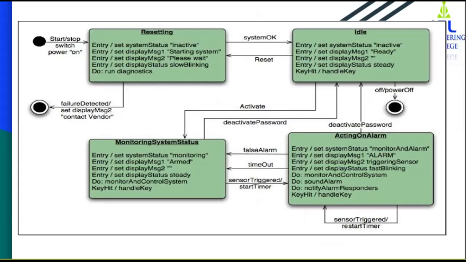Now the state chart diagram, this is for the safe home security system. You can reset the password. If the system is idle, it means you have selected the away or the stay function. You can make any changes on the alarm or monitor the system status. Those changes can be made.